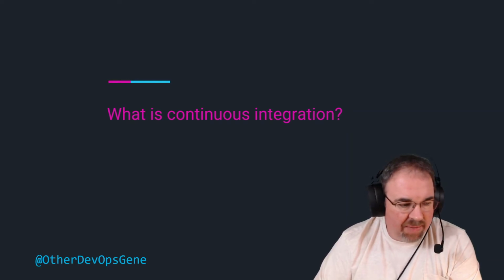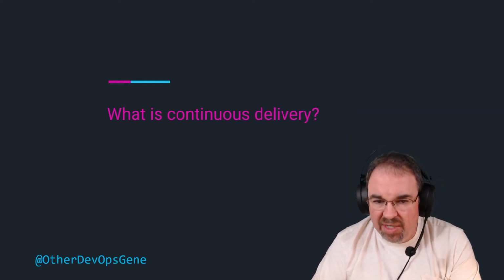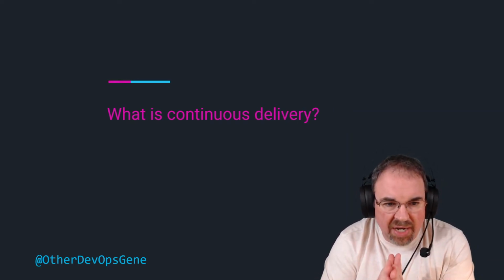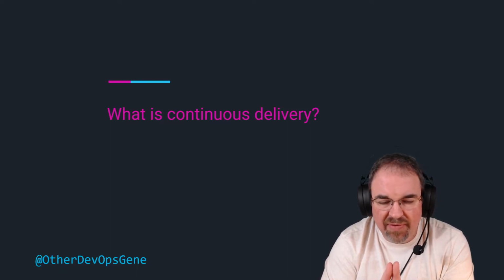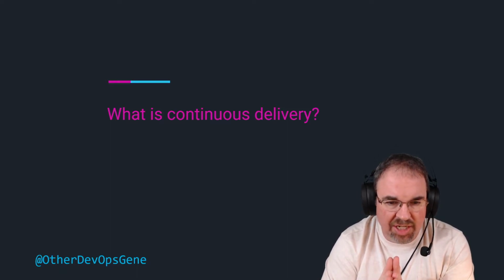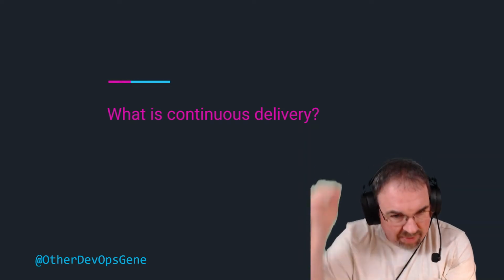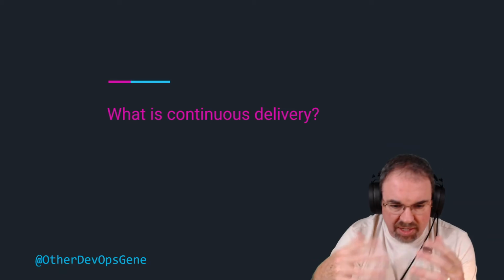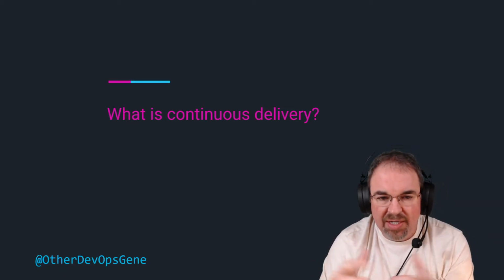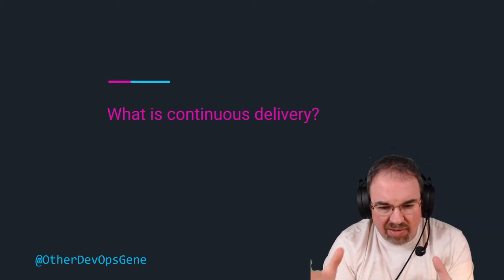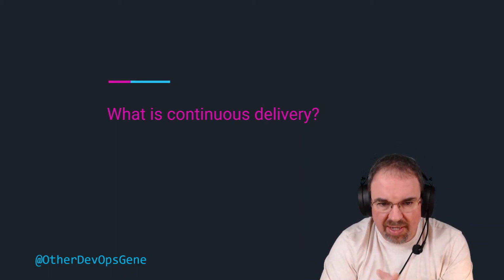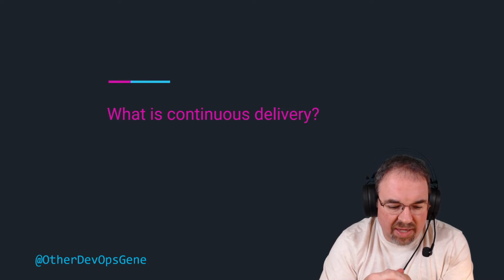Another term that comes up that's related is, what is continuous delivery? In many ways, the theory behind continuous delivery is just a logical extension of continuous integration. Whereas continuous integration is quick feedback loops for the developers within like a 10-minute period, something really quick, continuous delivery is doing that, but getting it outside of just the development team, maybe into the hands of the customer, or at least getting ready to be deployed.